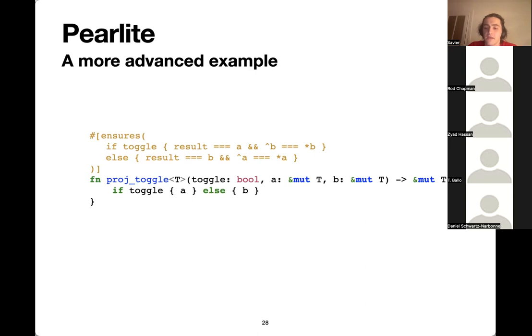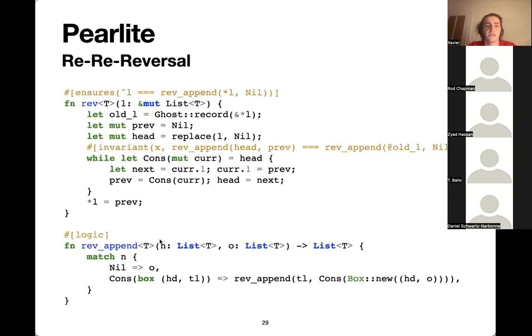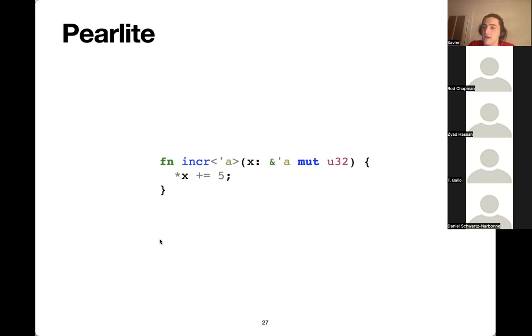Okay. So there are two questions talking about the previous example where we had an increment, about the handling of overflows, and you're both correct in pointing that out. As it is today, Creusot checks overflows systematically. So the specification I gave would actually be wrong. If we tried to run this example through Creusot, it would complain, asking what happens if X is about to overflow. So we would have to require that X is at least 5 less than the max value of U32.